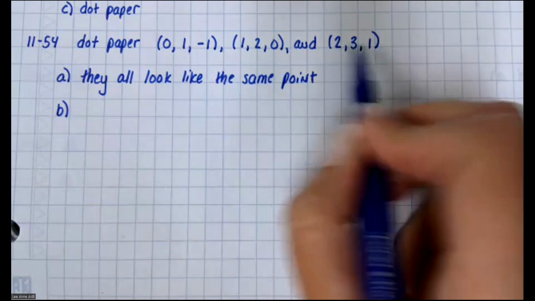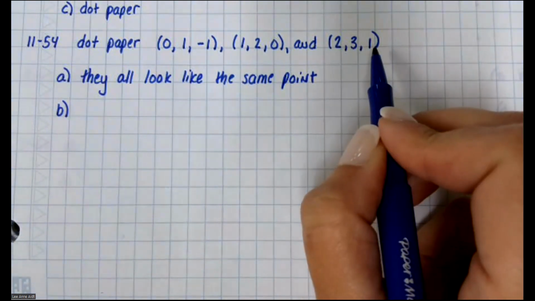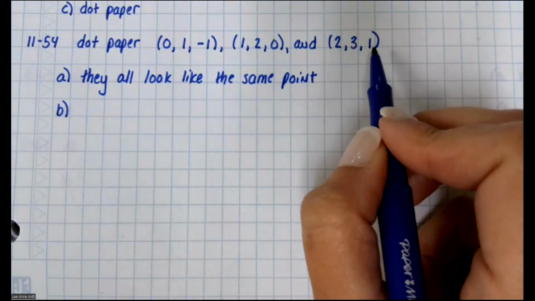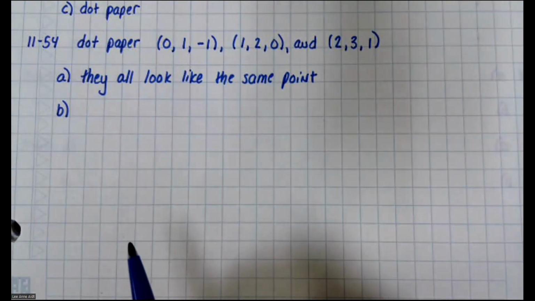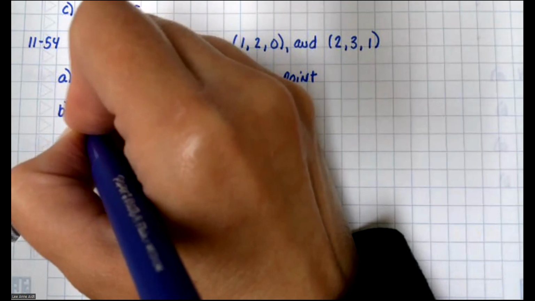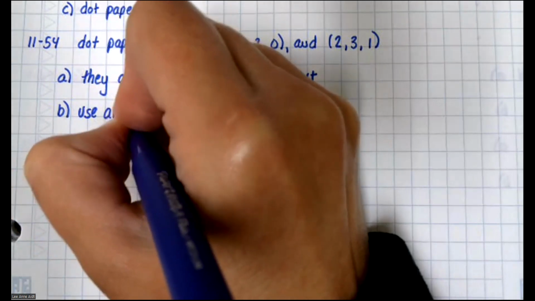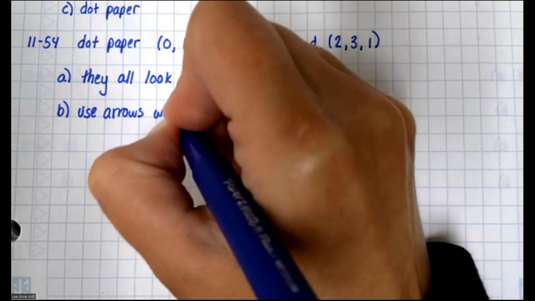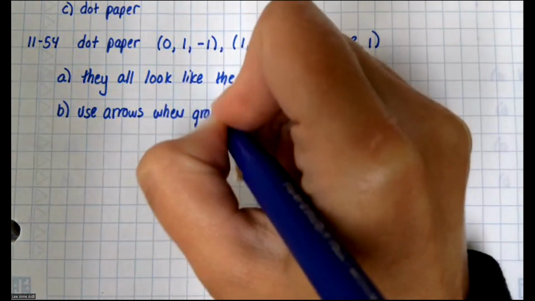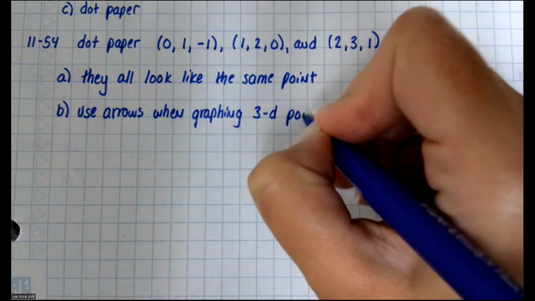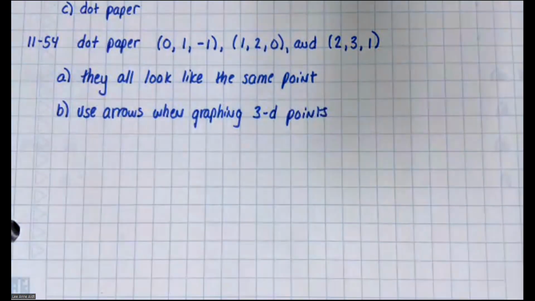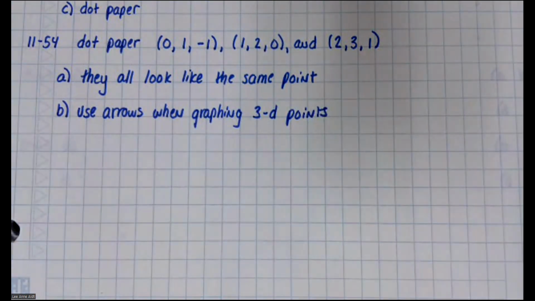If we were to graph this one, we just don't have time, but if we were to graph this one, it actually would look like exactly the same spot as the other two. And they would all look like they're in the same spot, but they're not. So we come to the conclusion that we need to use arrows when graphing 3D points so that